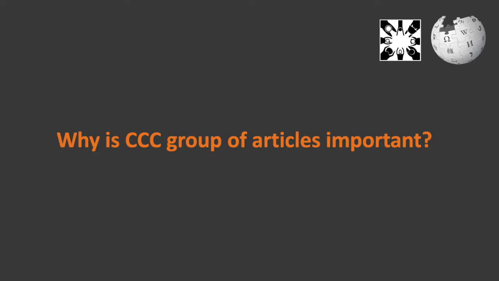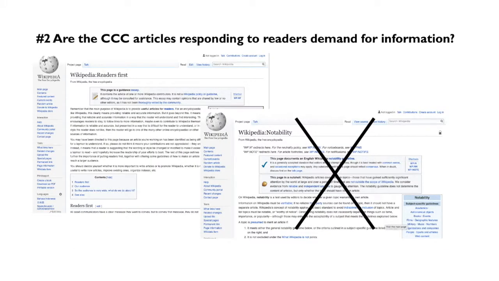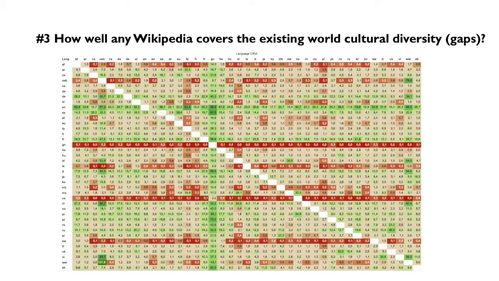So why is the CCC group of articles important? Because it allows us to answer very important questions, like how self-centered Wikipedia is, that is the extent of CCC articles and the number of articles that they are. Also, to understand whether these articles are notable or they also respond to readers' demand for information. And the most important and the aim of the project: how well each Wikipedia covers the existing cultural diversity,